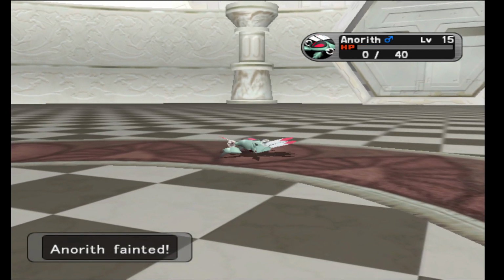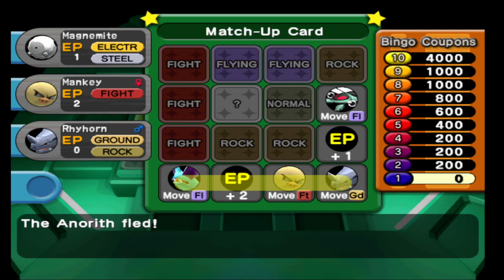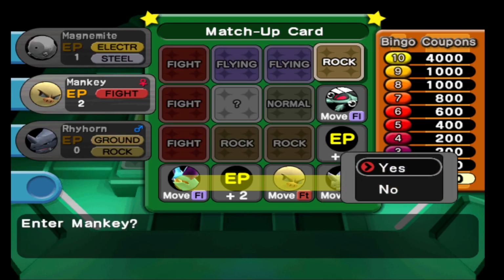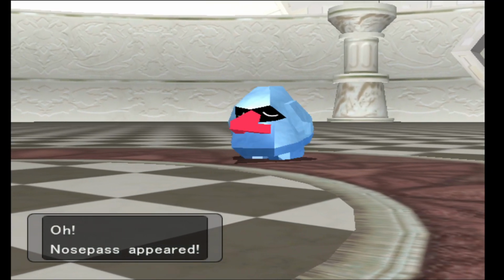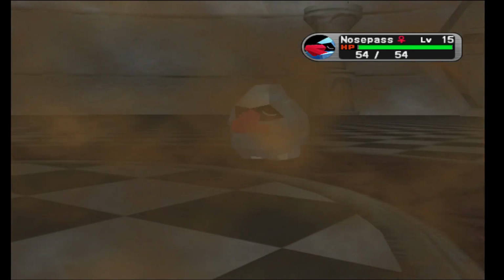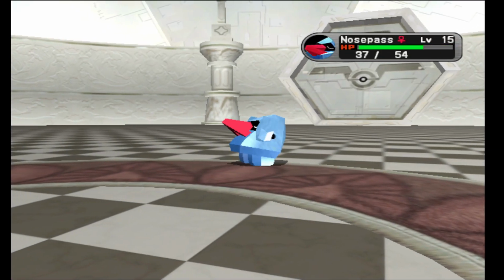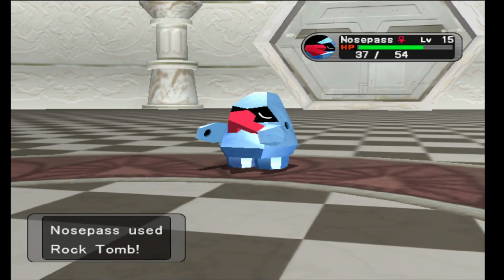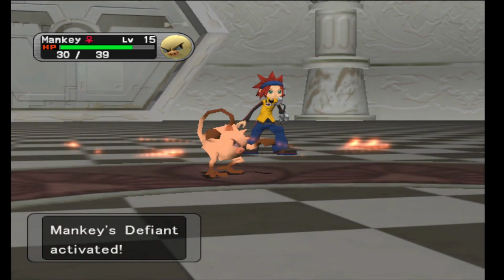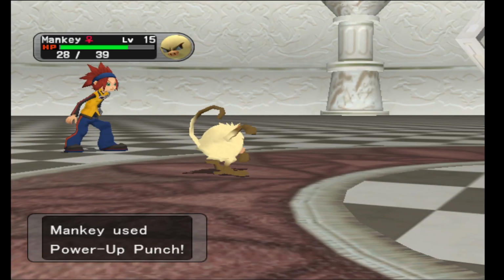One thing is that I am terrified of the flying Pokemon that ends up being Gligar. Alright, Nose Pass. I can't really say that Mankey was the ideal fighting type to get. Ooh. He has Defiant. Okay, now we're killing him 100% with this, because that just gave him...